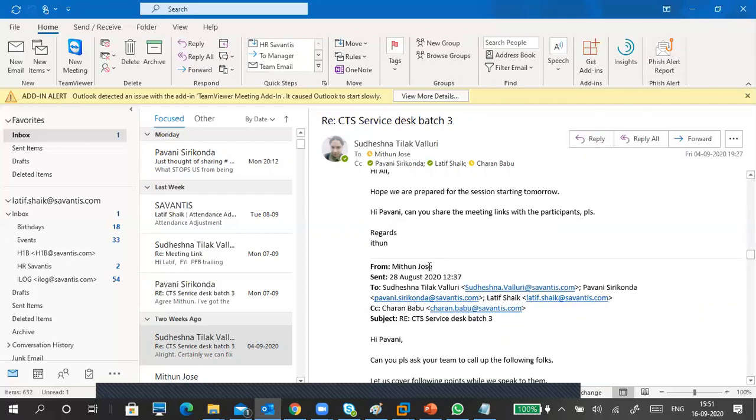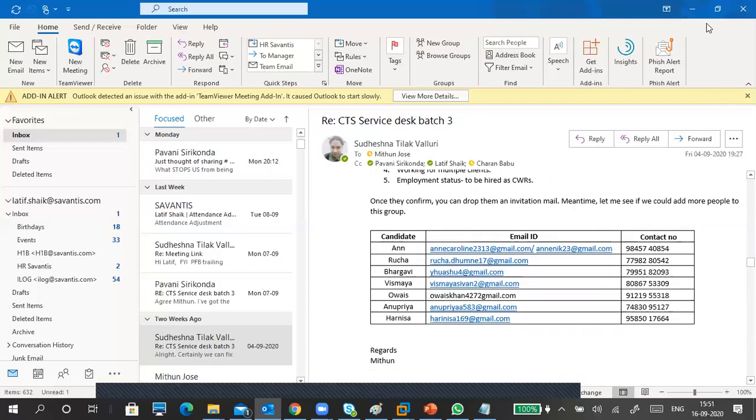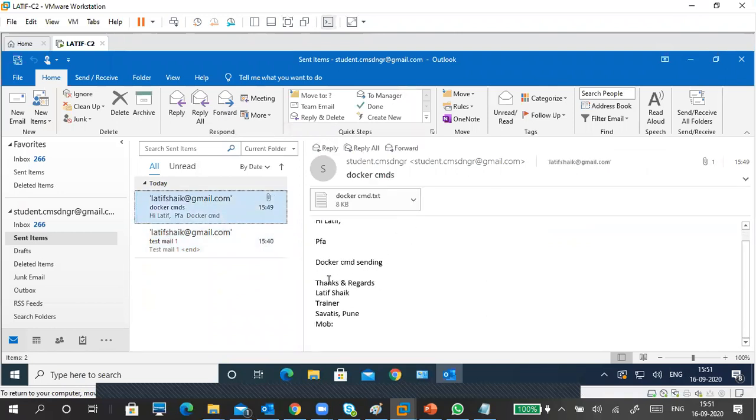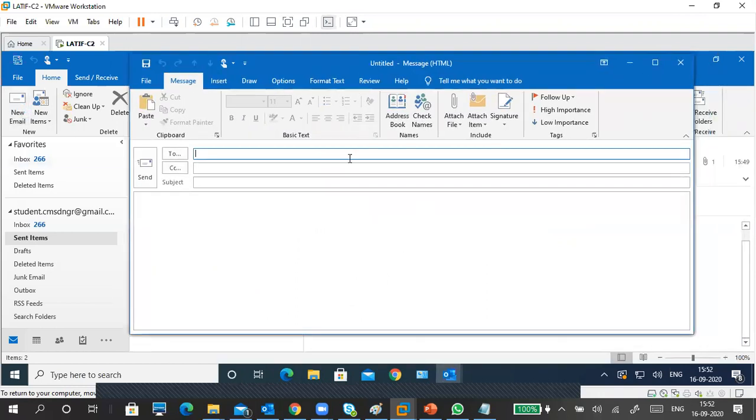Every time we need not type the signature, like thanks and regards or that kind of stuff. Not required to type every time, since I've given a signature like this. But how to get it? We have to create it. It's easy to create from here. Go to the signature part and click on signature. No signatures are created yet, so click on signatures.